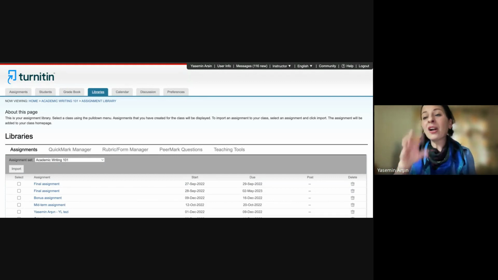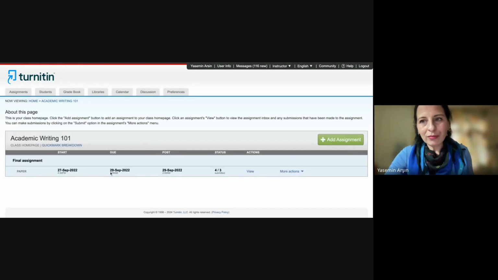So these are all preloaded and reusable tools, and they are all available in English. For example, you can put your own Arabic quick mark set, and you can leave feedback for your students in Arabic. So it's a very practical tool, and I will show it to you in my similarity report.